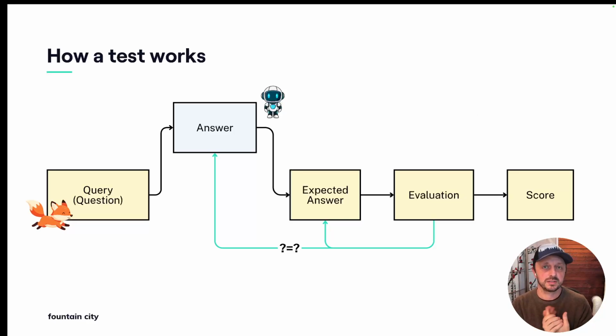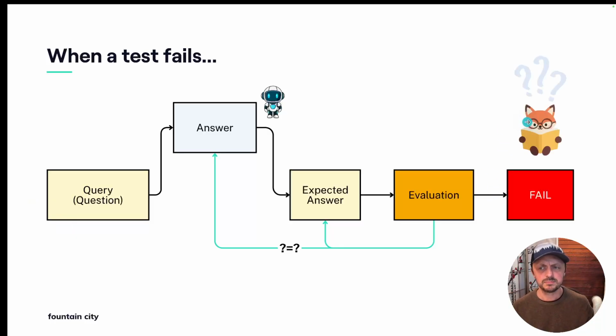So before I show the tool and kind of work through this case study and how it looks in TestFox, the software, just a quick overview of the structure of how it works. So our system, TestFox, sends a query, which is basically a question or prompt to the AI system in question. In this case, it's the Fountain City website that we're testing. We get back an answer. We evaluate that answer against what the expected answer should be. This could be literal match, or it could be a loose match coupling. It depends on you how tightly you want to make that evaluation work. And then there's a score that's given with that evaluation